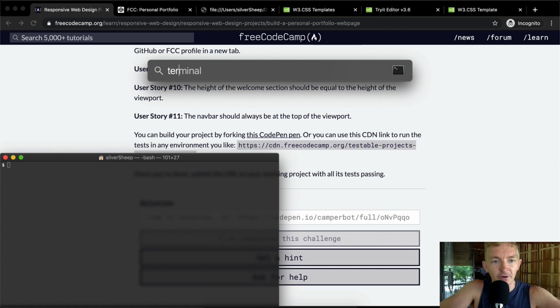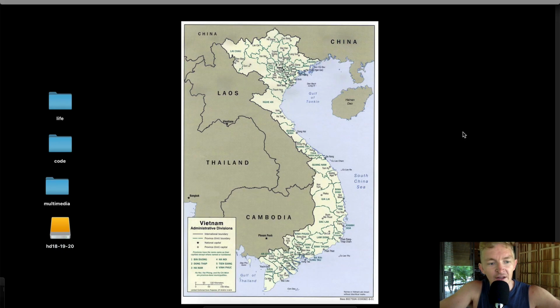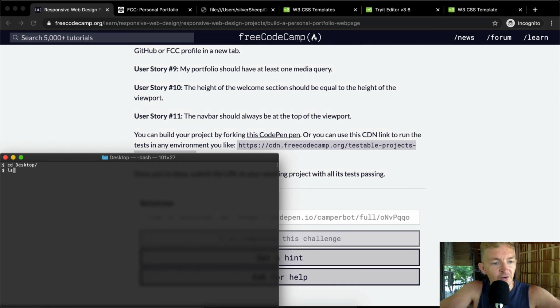Press Command Spacebar and type in terminal. And then we're going to change directories into the desktop. And so we're working on our desktop. If you look at my page, it's empty. If I list out, you'll see I've got Code, Life, and Multimedia. Those are the only